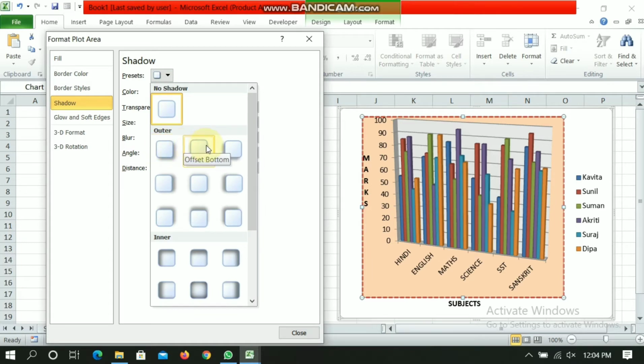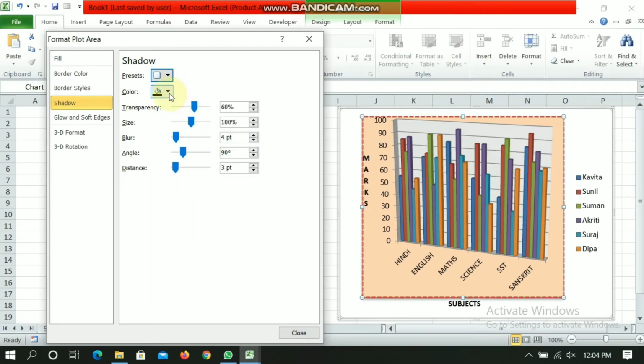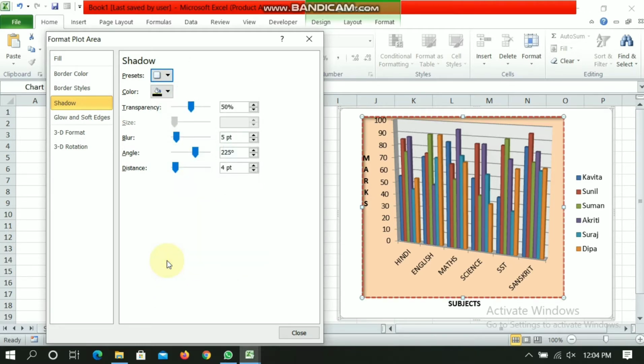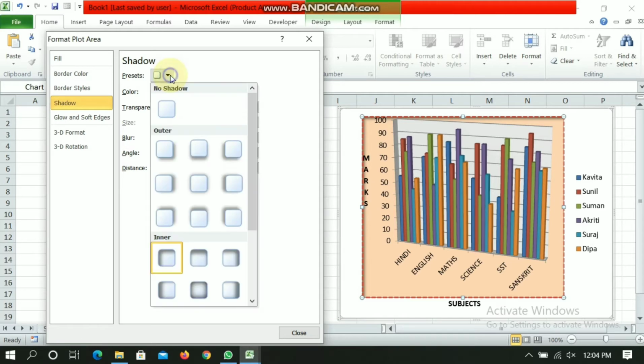You can choose the shadow from here like this. If you want no shadow, you can click on no shadow.